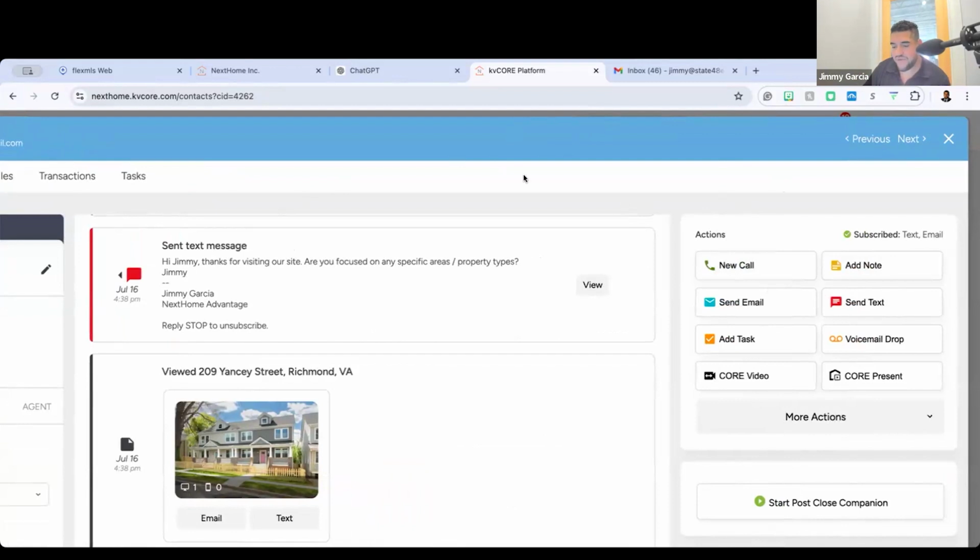Okay, the actions here. A couple of actions we're going to do. I'm a huge proponent of trying to get somebody on the phone, at the very least. If you can't get them on the phone, then follow up with a text. Can't get them via text? Worst case scenario, email. But the need for human connection is real, folks. I know we live in an age where everybody's hiding behind phones. I promise you, get them on the phone if you can, then text. Okay, so let's say I wanted to call myself, call Jimmy.